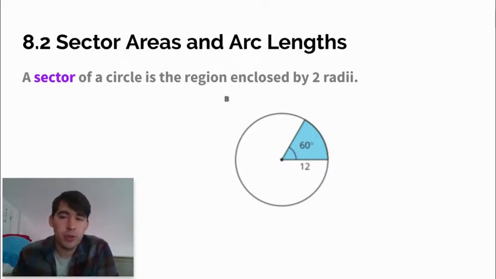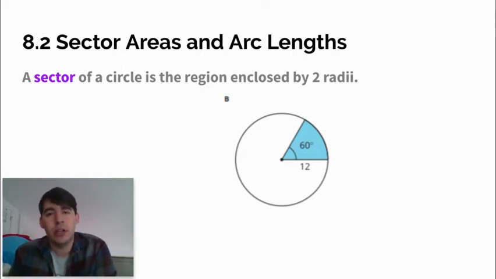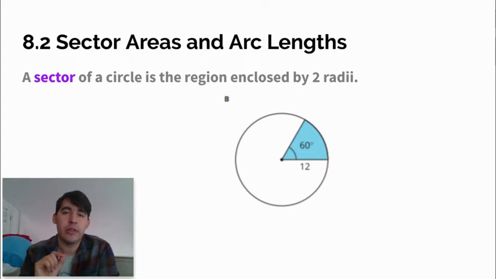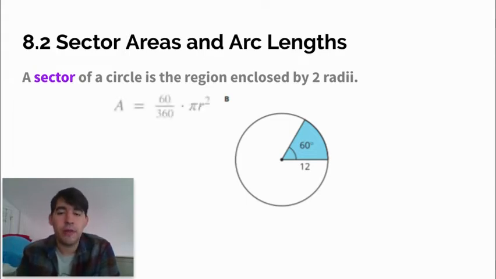So the first few we can do mentally because it's pretty easy to picture what fraction those really were. But when we start using different angles, we have to think a little bit more about what fraction of the circle we are looking at. In this case, if you have 60 degrees, and that's the key there, the central angle is going to tell you what fraction of the circle we really have. Because we know for a fact that a circle is 360 degrees all the way around. So if I have 60 degrees out of that 360, then this must be 1/6 of the circle. So to find the area,